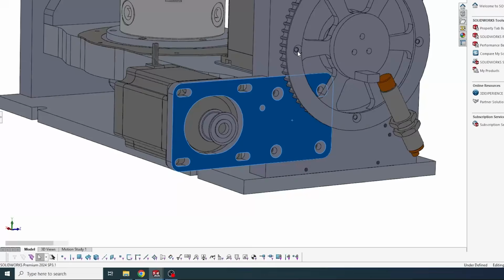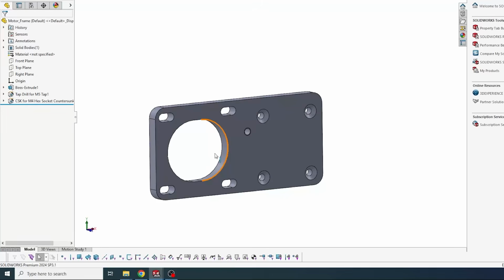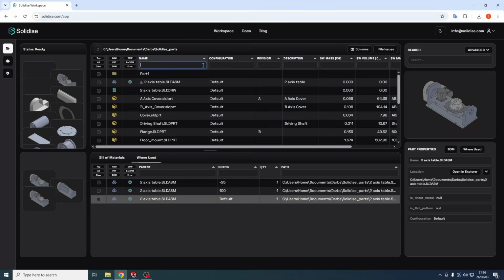That is how the Where Used workflow works in Solidise. Before changing a part, you can quickly check where it is used, review the related assemblies, and understand the possible impact of your change. This helps reduce mistakes, avoid unexpected rework, and make better decisions before editing, replacing, or deleting